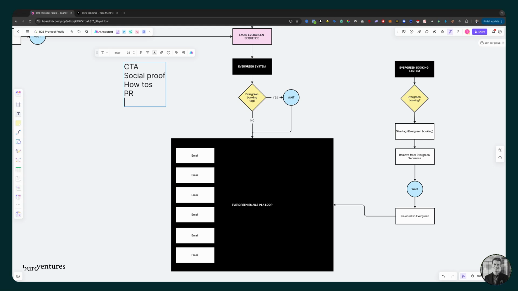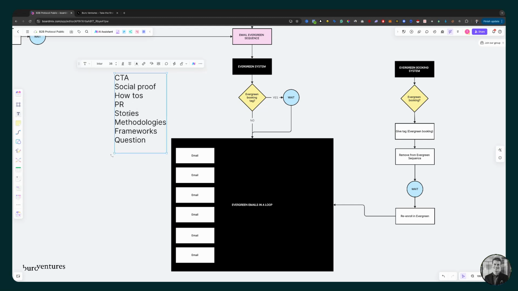We want to have PR. We want to have stories, and stories could be for the company. It could be methodologies. It could be frameworks. It could be other things. It could be questions, like engaging with the audience directly in the email or directly through the post and the content that you promote and create. There are about 7, 8, 9, or 10 different variants that we want to create